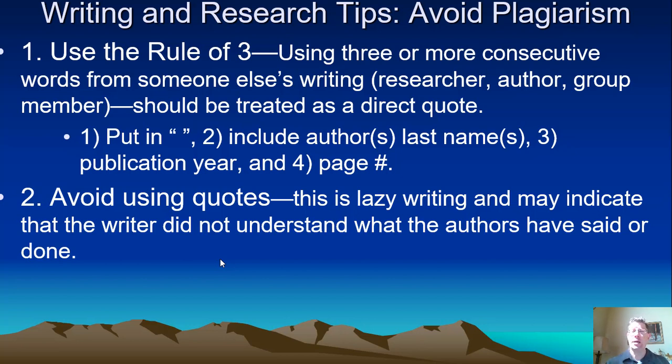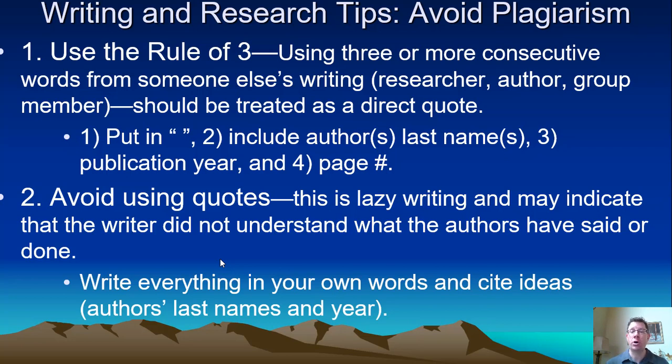You still have to cite the source of ideas, but that way at least you're not having to worry about the rule of three, and you're not having to worry about having those 4 pieces of information in direct quote if you rewrite everything in your own words. If you write everything in your own words, you still have to cite the source of the ideas, any evidence that you use or source of information, and that citation's much easier. Instead of remembering 4 things you have to do, like you do in a direct quote, you only have to do 2 things. You just need the last names of the authors and then the year of the publication. So 2 things when you're citing ideas.